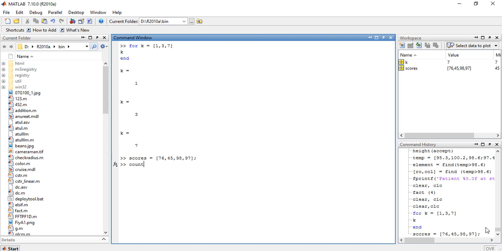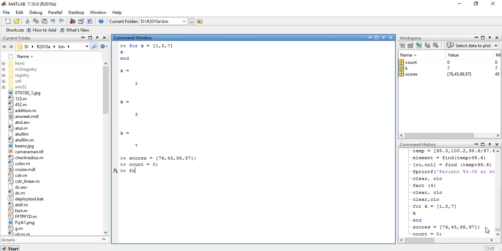Next is count equals to 0. Now I am using the loop for k equals to 1 to